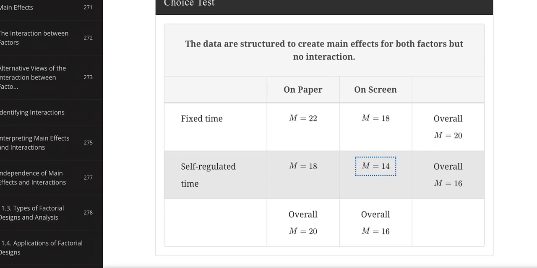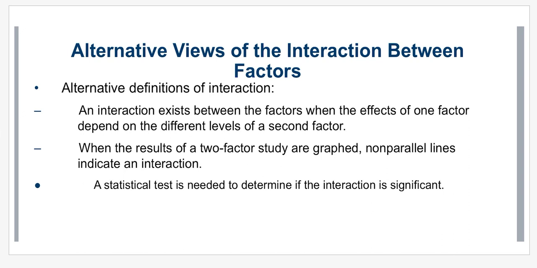So the fixed time and self-regulated time, the effects on exam scores does not depend on the paper or the screen method, and vice versa. They don't depend on each other because the difference is the same there. It follows that trend, right? And as a reminder down here,